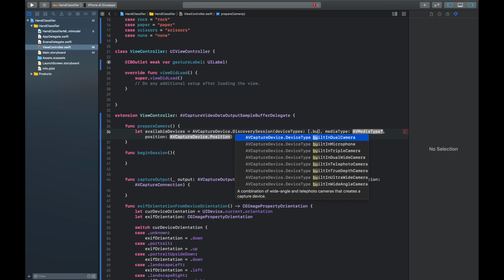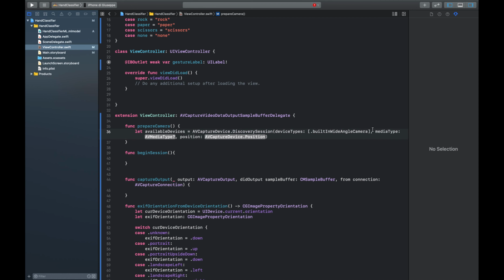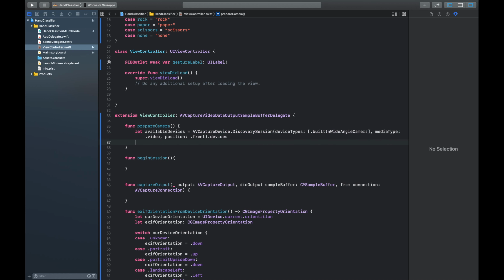So we are going with the built-in wide angle camera. For media type we have video, because we will continue capturing images. In the position we are going to use this time the front camera. Okay, and we need the devices. Okay, we select the first,